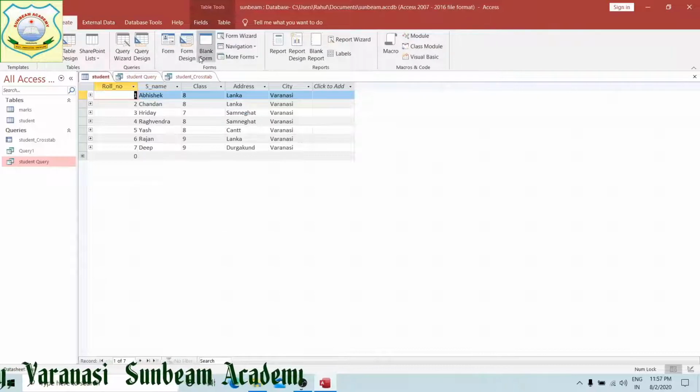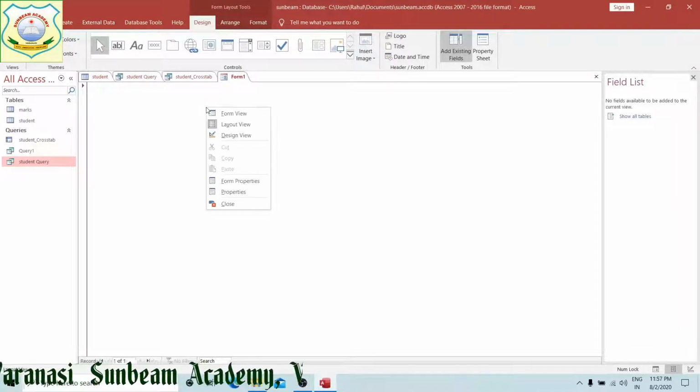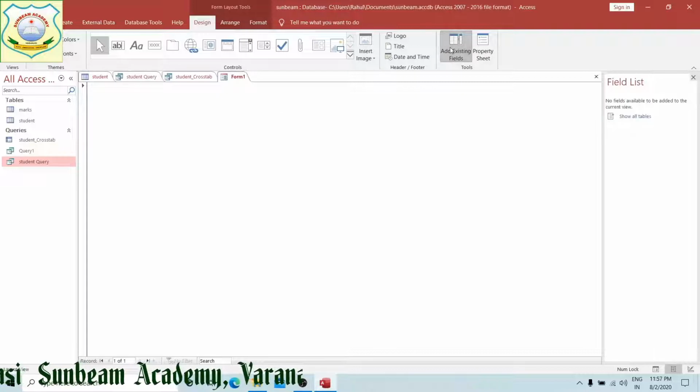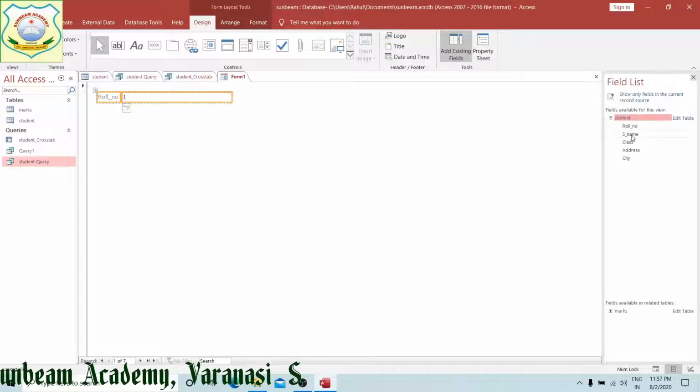Create blank form, right? Into this, how we are going to fill the show all tables from here, students, roll number. This it has come here, right?